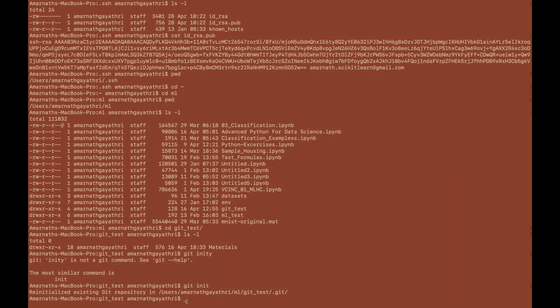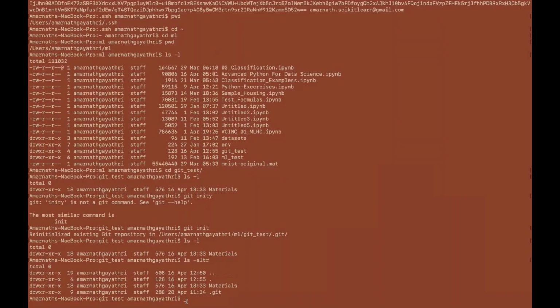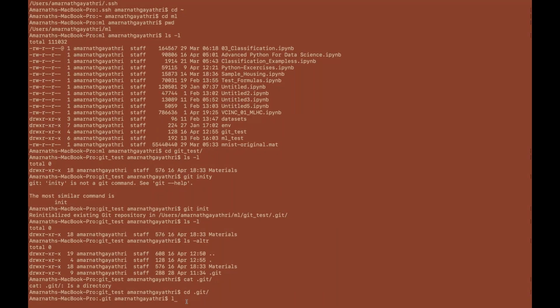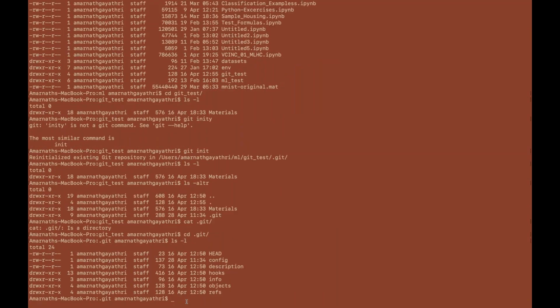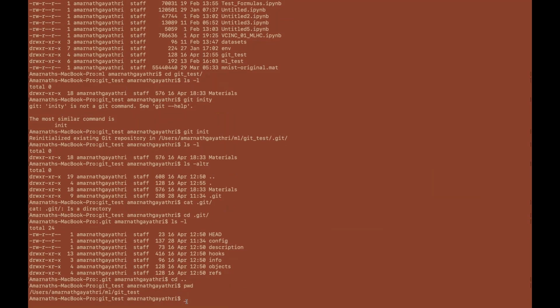Now, if I say ls -l, or ls -altr, it will show the hidden files. I got .git, right? It's a directory. If I go into .git and say ls -l, it has HEAD, it has config, it has description, it has hooks, info. These are all the metadata of git, which we are least bothered about. So let's not worry about it. So I'm in git test. So what I'm going to do now,